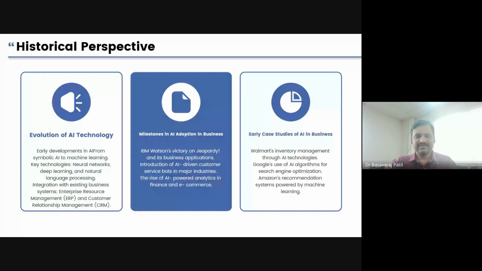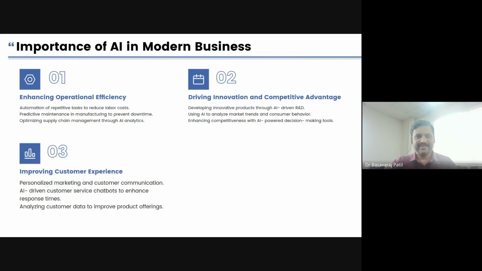And even Walmart has used a lot of inventory management technologies. Google is using AI based technology. Amazon is making use of recommendations based on machine learning. Many big players in the market are getting adapted and addicted to AI based technology. This is how efficiency is enhanced, with evolution, faster performance, meeting the requirements of the customer, satisfying the needs of the customer, and driving the development of those cases.